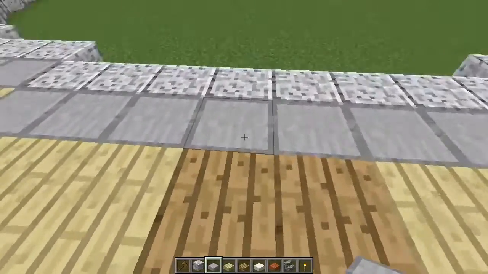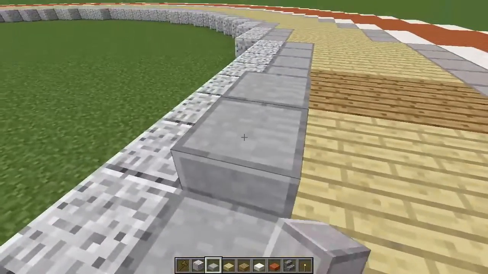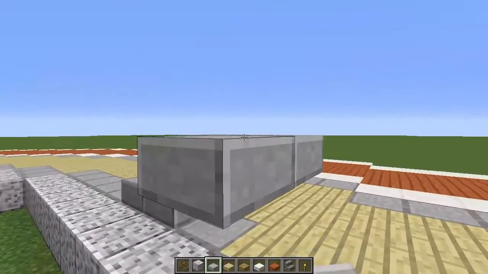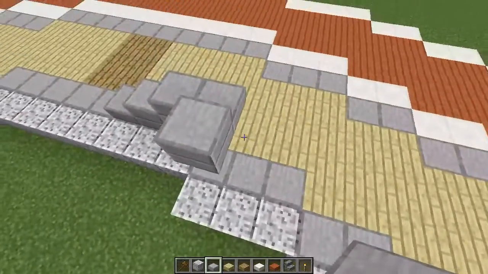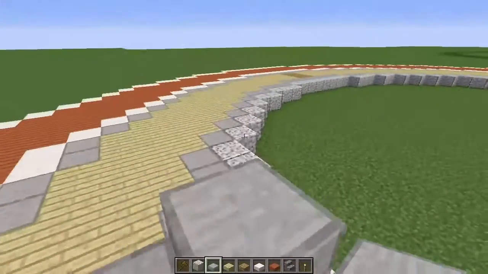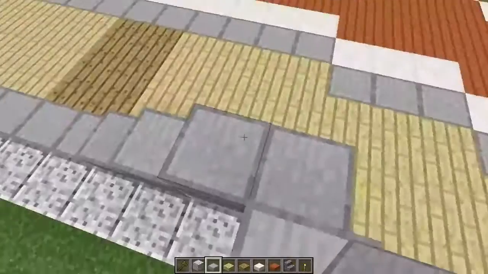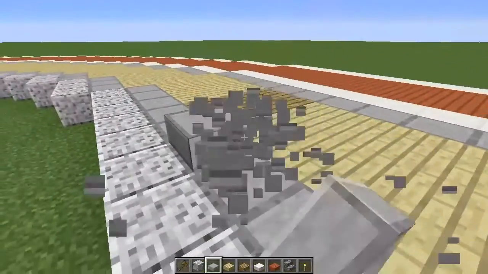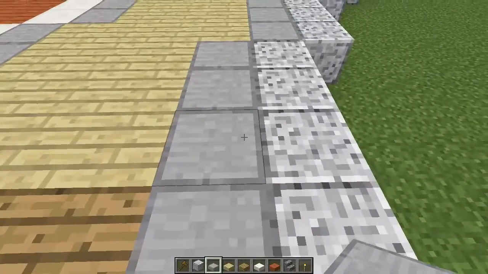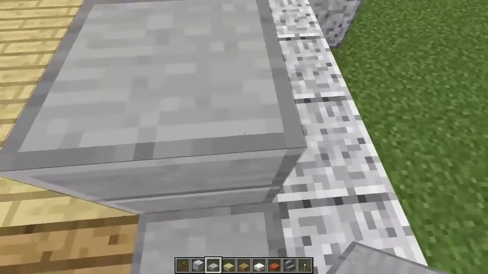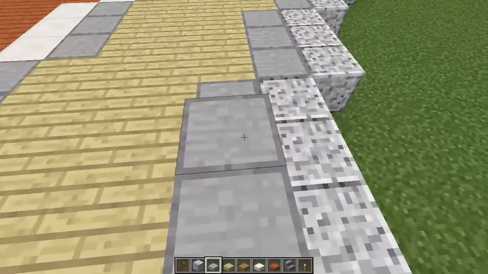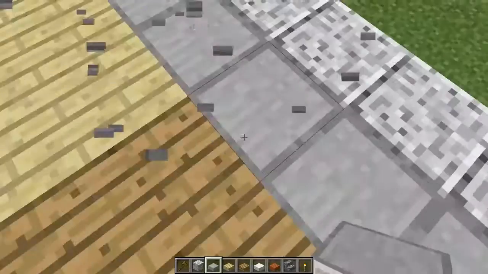So if this was one level, then I would slab it there, we go up one, then we go up another, and then maybe over here we'll go up like that. And so we end up with a bit more movement like that. Now you count up the blocks of the edge. The smallest edge here, you count up the blocks, and with the slab stairs you don't want it to jump on the corner here. So that means the maximum height we can go up is the number of blocks along here